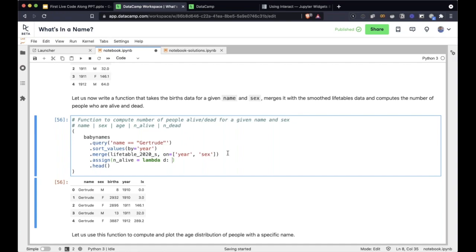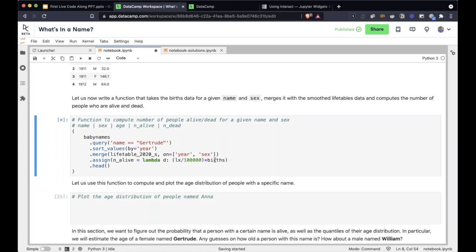What the lambda does is give you the data frame and allow you to use the columns of the data frame. In this case, it's going to be lx divided by 100,000, because that's the probability that somebody is going to be alive. Let's put this into parentheses, and then this is going to be multiplied by births. That is going to be the number of people alive with that given name.